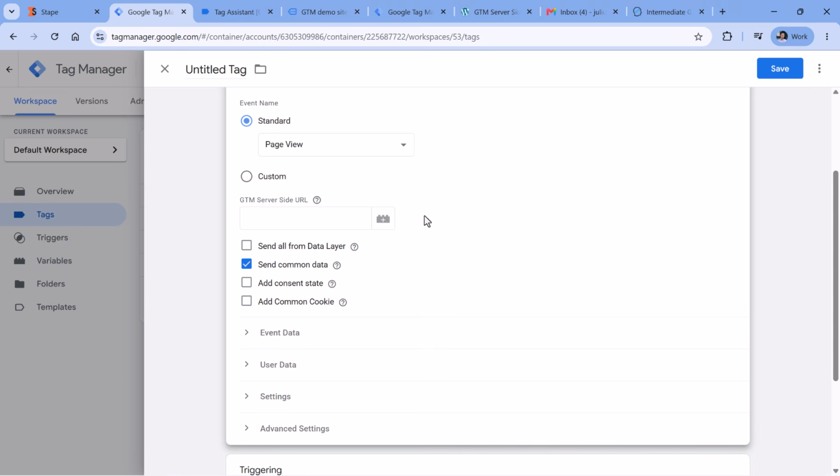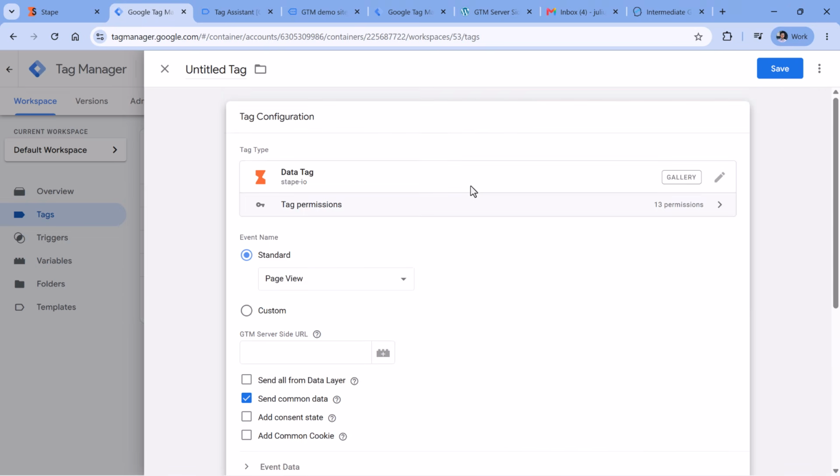The benefit of this compared to the Google Analytics library is that this particular tag and its library is lightweight compared to Google's library. I think Google's library is like 130 kilobytes or something like that, while here, I think this is like 10 or 20 kilobytes, or maybe even less, I don't remember, but it will have a much lower impact on your page performance